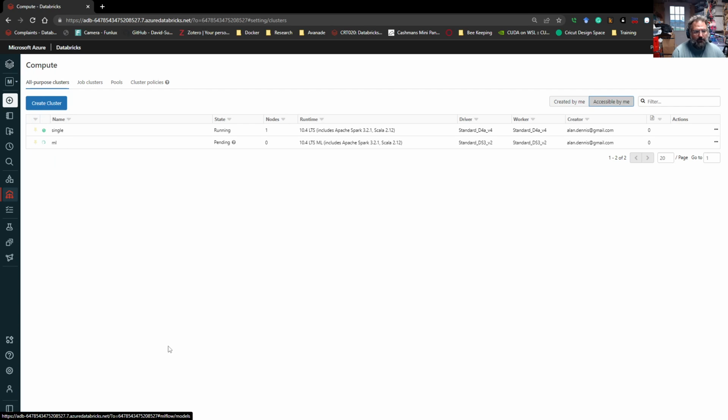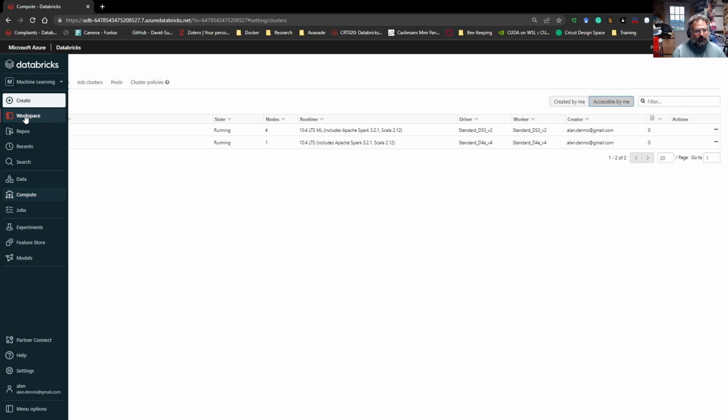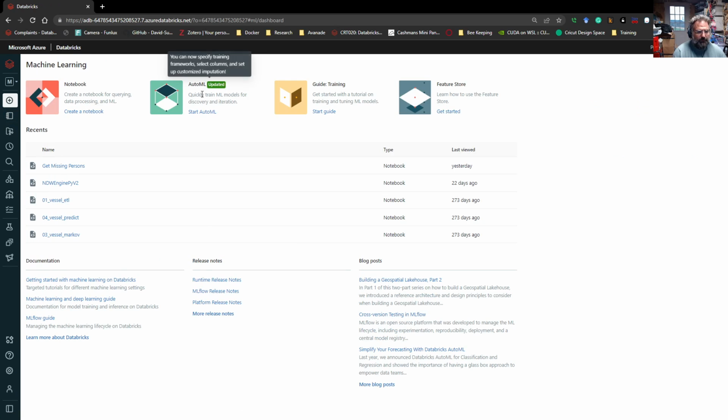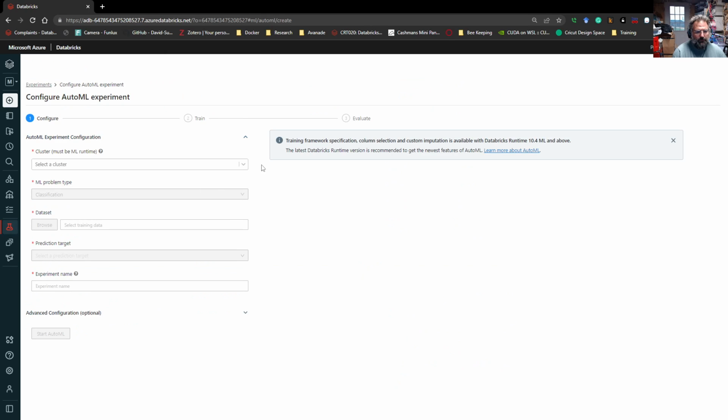Of course, the one I can't use is up and running. The other is still pending. The top cluster is a single node cluster. It's basically a pseudo cluster. There's basically no workers, just one driver that also works as a worker. And the reason to do that is if you're doing a relatively lightweight sort of thing, then you might choose to do so. So we can pick the cluster that I have,